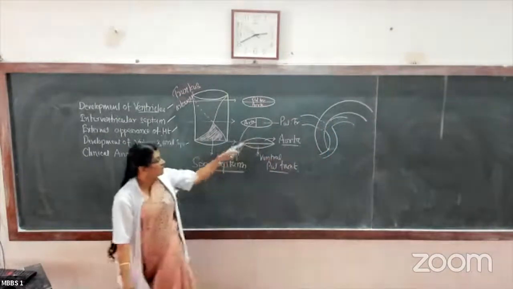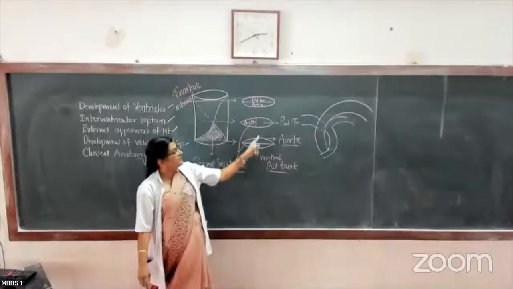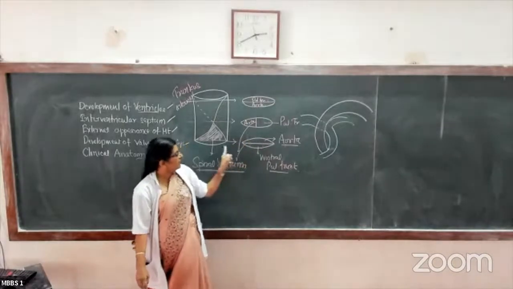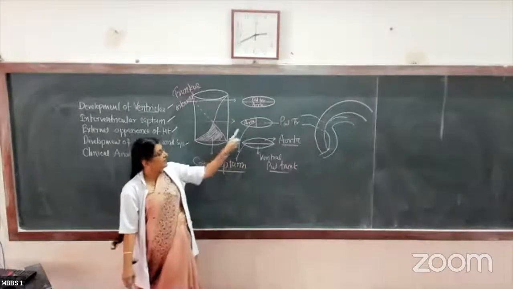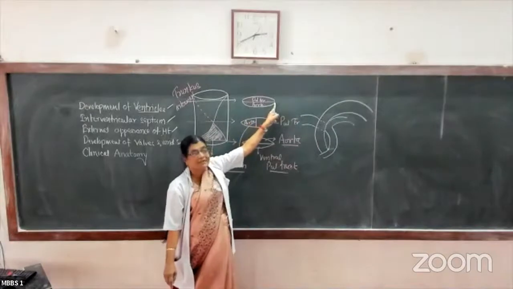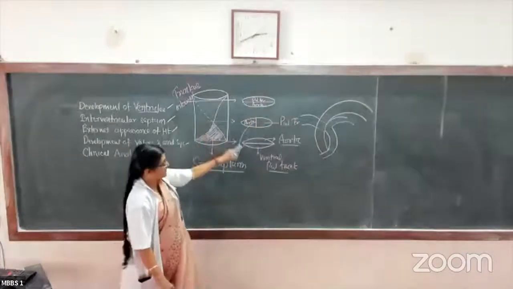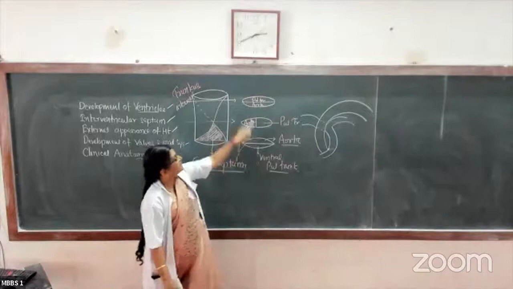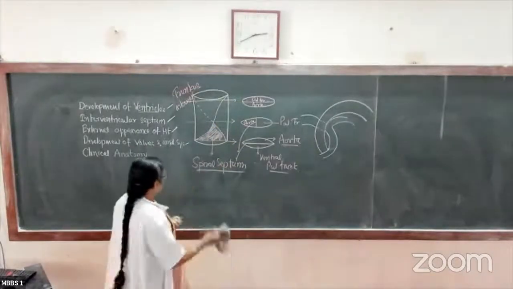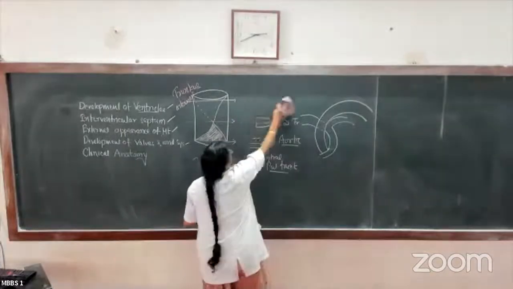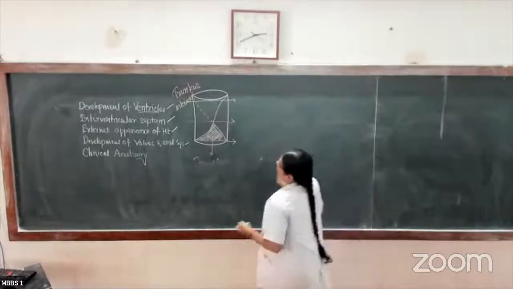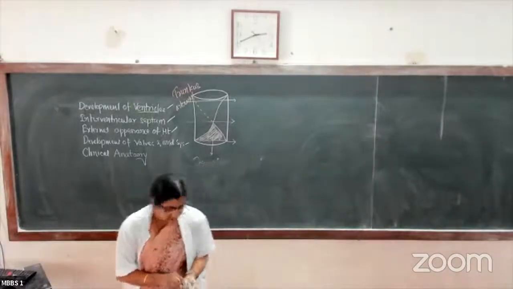So, to occupy this position, there are changes in the spiral septum like this. Spiral septum is first coronally arranged at the proximal level. In the middle part, it is anteroposterior, and in the caudal or cephalic region, it is again coronally placed. Pulmonary trunk, which is anteriorly placed, goes to the posterior aspect. Now, if you see this spiral septum, at the distal end it is coronally placed, and above the truncus arteriosus